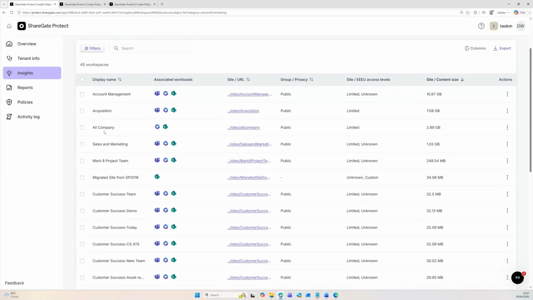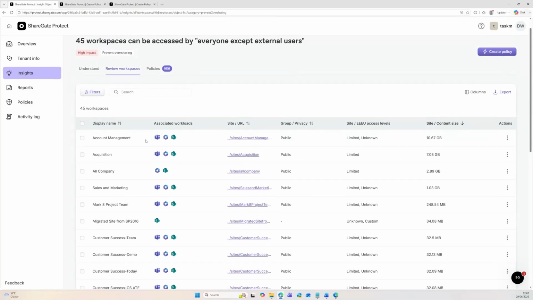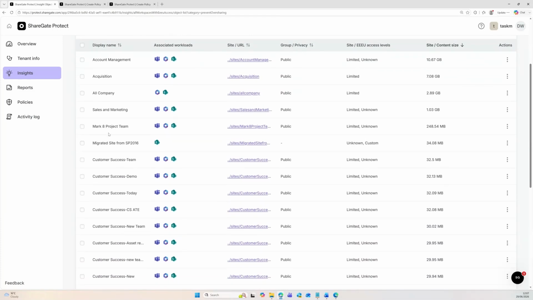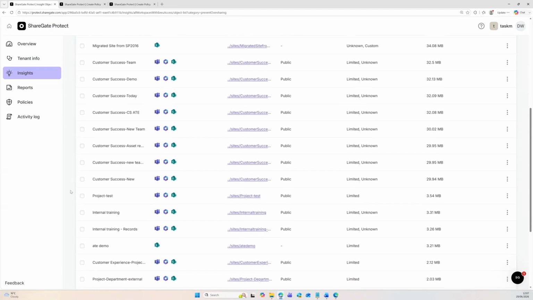We have an all company site. Now, this is what I was saying before. Typically, you would expect to see a SharePoint site as an intranet, as a homepage that's sharing news, announcements, quick links, and other types of useful information that everyone needs access to. So you would expect that to be one of those sites which has the everyone except external users SharePoint permission group. There's a whole bunch of other rubbish in here, test teams, things like that, that you wouldn't expect would have